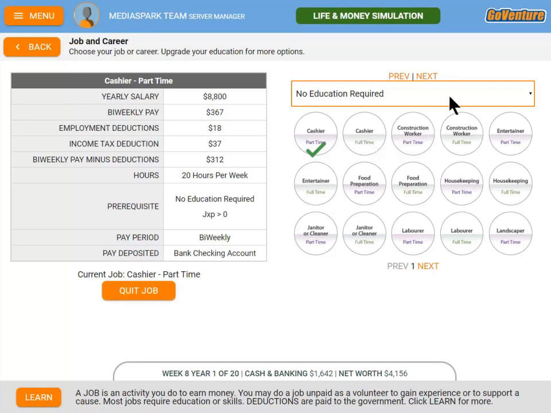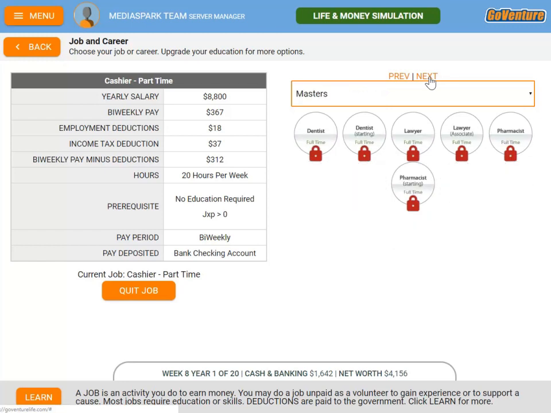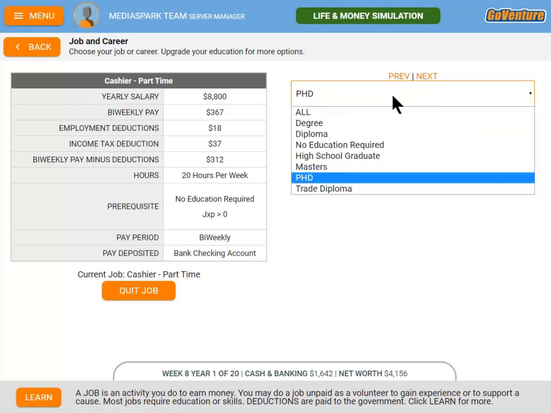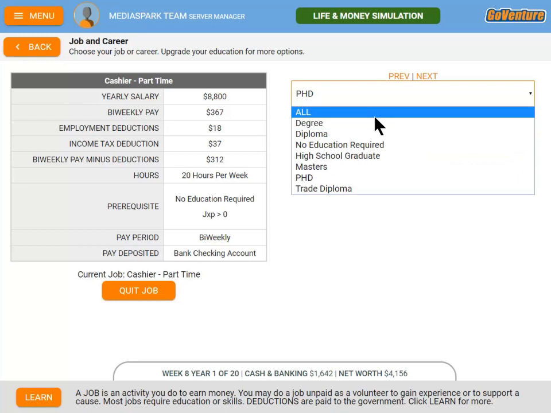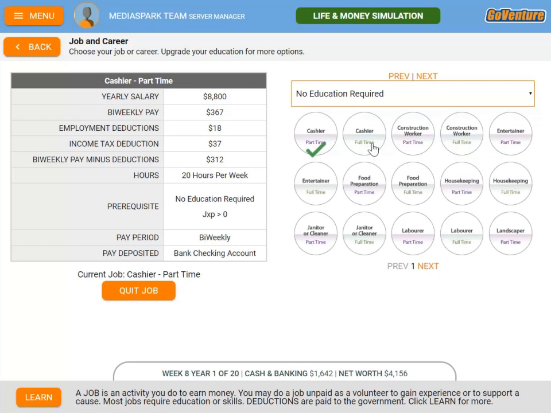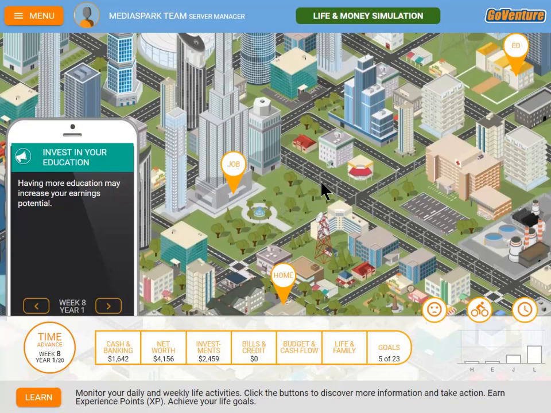I can try to change jobs, and you'll see that there's a whole list of different jobs, and the jobs are based on the type of education you need. So you see here, if you have a PhD, which not many people have, but if you do, you can actually get a job as a doctor or a university professor or surgeon and so on. And generally there might be a higher salary associated with jobs like that. When you're starting out and you have no formal education, not even high school education, the jobs that you may have available are limited, and potentially the income you'll generate from those jobs tends to be a little bit lower as well, or a lot lower depending on what you're comparing it to.